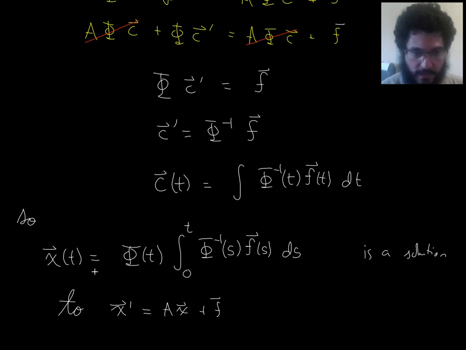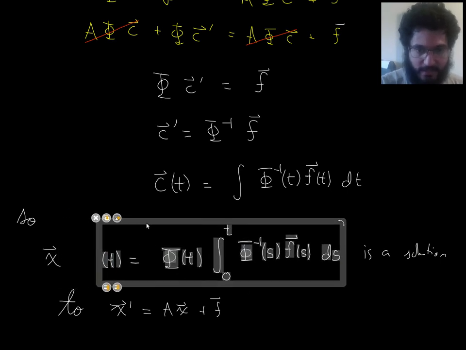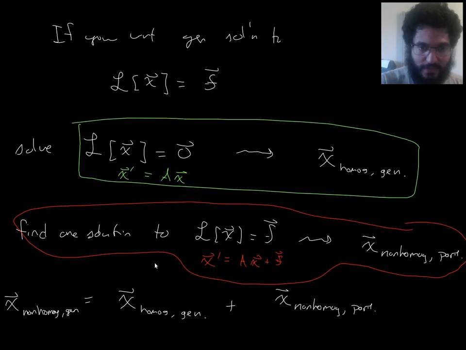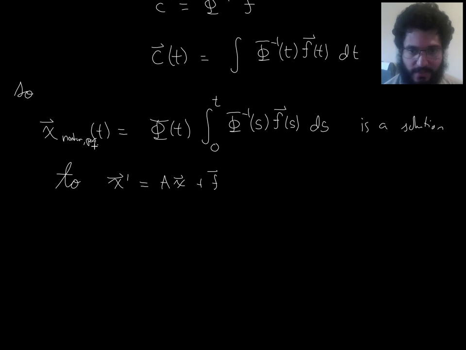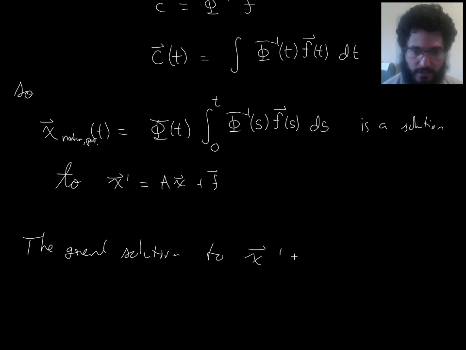All right, so I'm calling this x, but let's give it a better name in terms of the larger context that we're in. We're in this context where we've already got x homogeneous general, and we're trying to find x non-homogeneous particular. That's what we just found. This is non-homogeneous particular. That is what we found. So then what's the general solution? This is just one solution to this. The general solution to this, x prime equals ax plus f,